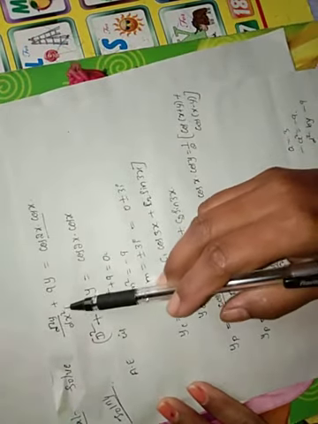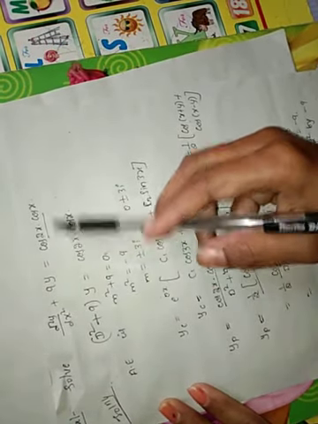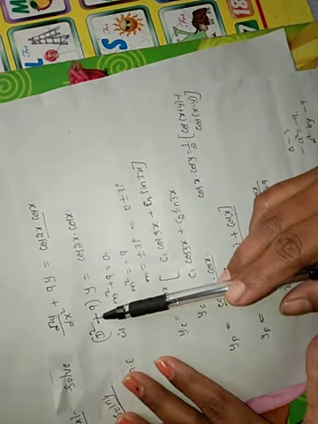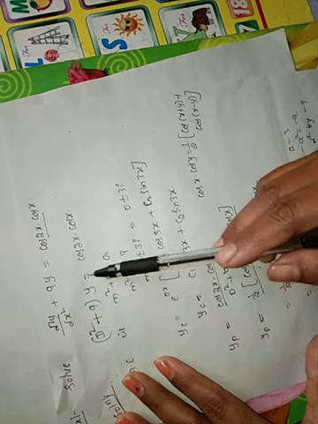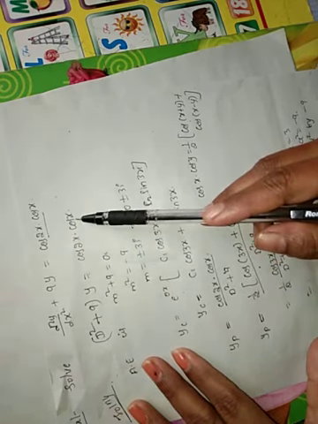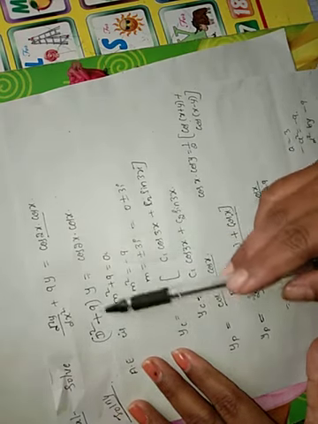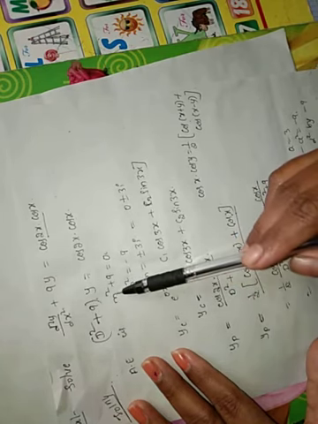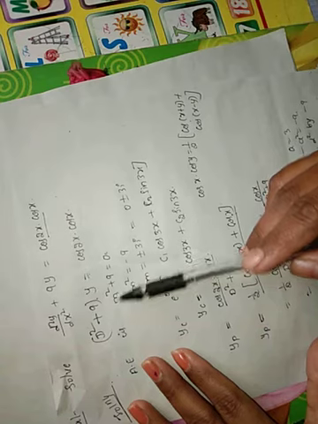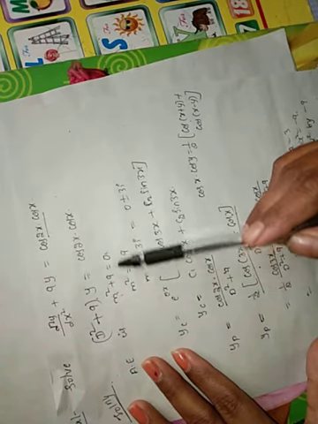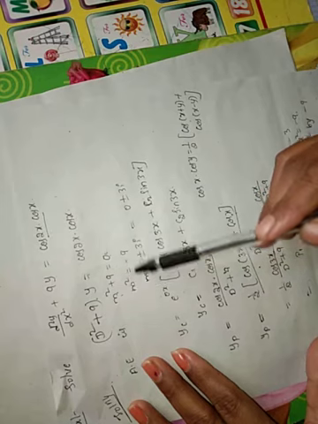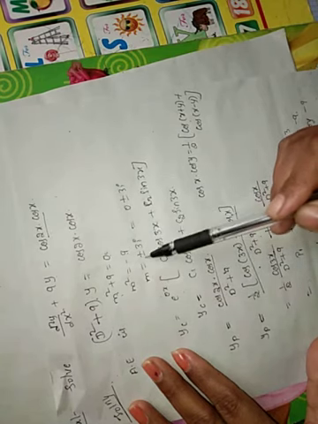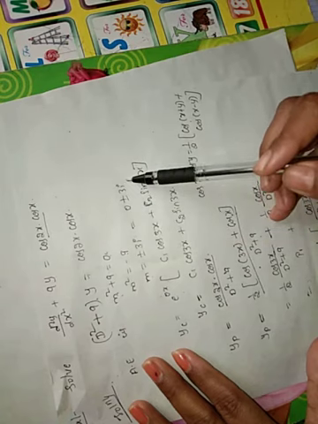So here first it is d square y by dx square plus 9y equal to cos 2x into cos x. First we have to write the given equation in the form of f of D of y equal to cos 2x into cos x. So here f of D is equal to D square plus 9. Now we have to write down the auxiliary equation, so that our auxiliary equation is m square plus 9 equal to 0. So m square equal to minus 9, m equal to plus or minus 3i. So plus or minus 3i is nothing but 0 plus or minus 3i.